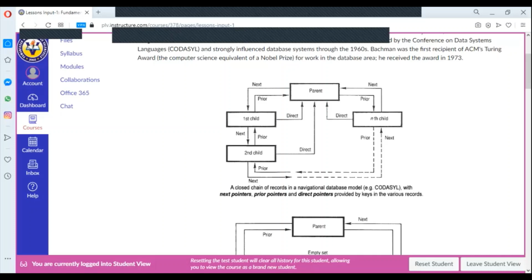So this line represents the data requested by the child to the parent, while this line is the data given by the parent